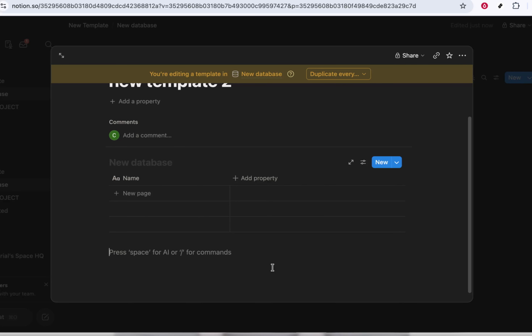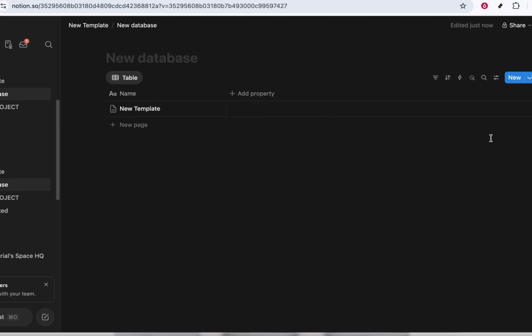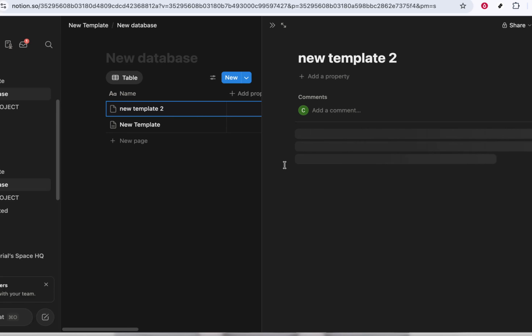Now, at the top of this template page, type in a clear and descriptive template name. This name is important because it's what you'll see later when choosing from different templates. Choose something that reflects the purpose of the page, like meeting notes, content plan, or project tracker. Taking a moment to name it well now will